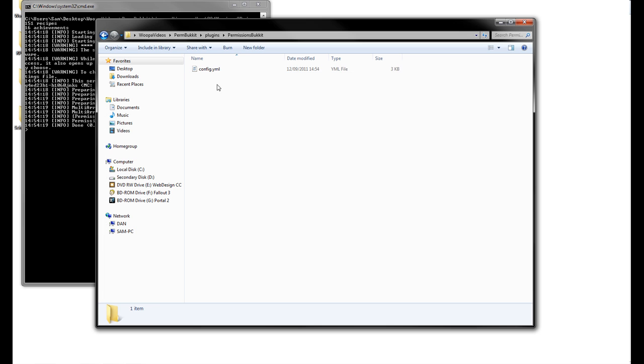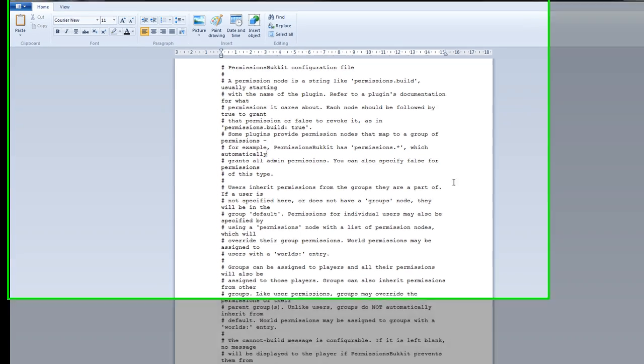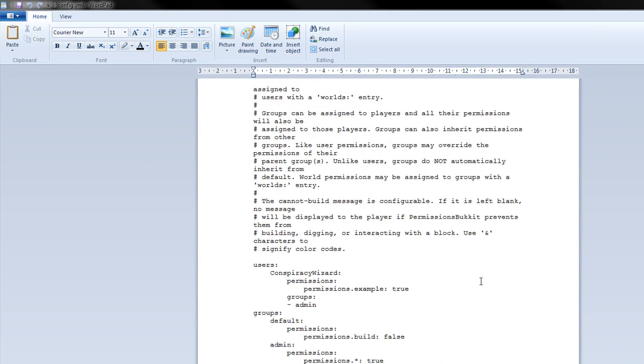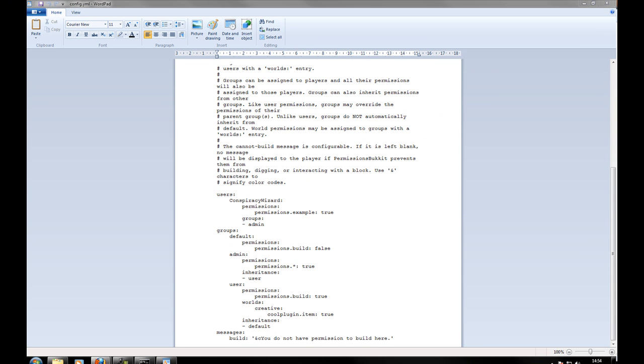And go to plugins and PermissionsBukkit, and you'll notice a config.yml file. There's lots of information here. You can read that in your own time, but I'm not going to for the purposes of this tutorial. But I'm going to show you how to add permissions to this. So let me just grab up the permissions for MultiArrow. Sorry about this. So the permission nodes for this are